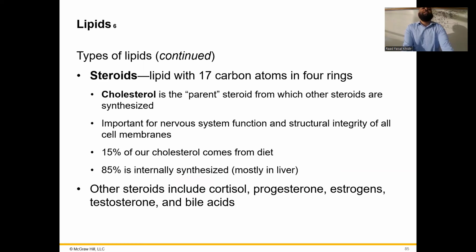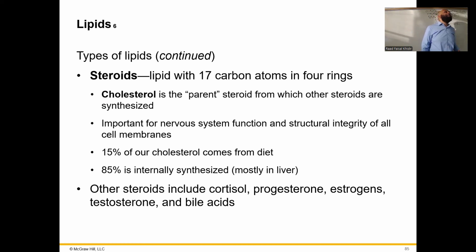So eicosanoids have how many carbons? 20. Very good. Okay, steroids. These are lipids with 17 carbon atoms, and they're made of cholesterol. So cholesterol is the parent steroid from which other steroids are synthesized. Later on, when we learn about the hormones next semester, when we learn about cortisol, aldosterone, testosterone, progesterone,